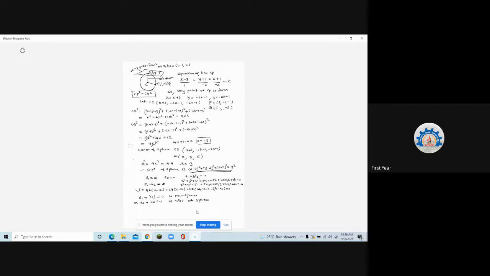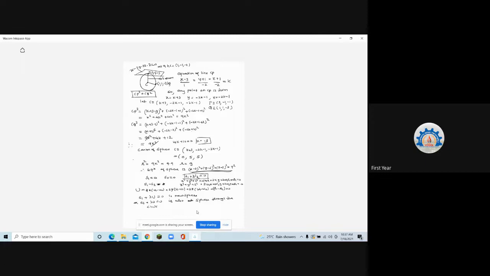Understood? Ma'am, how many spheres can pass through the intersection? Depending only on two or more? More can also be there. If I am given one more condition, then minimum 3 different ones we can find, and the remaining will be multiples of them. Okay, ma'am. Is that clear?